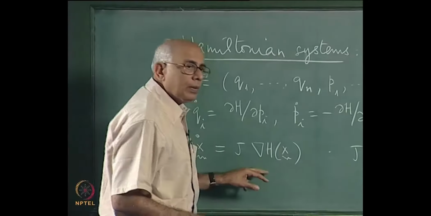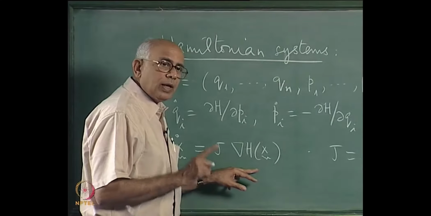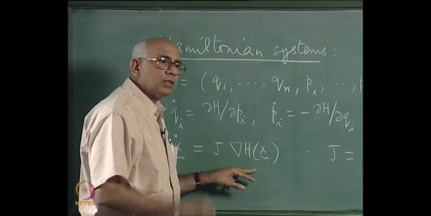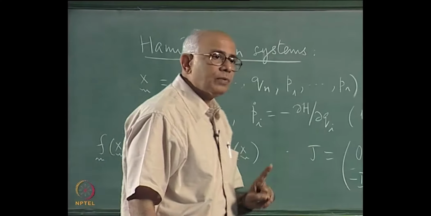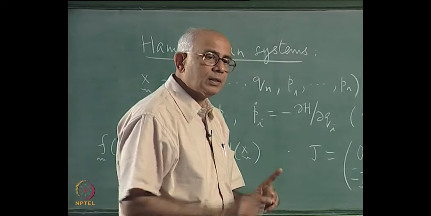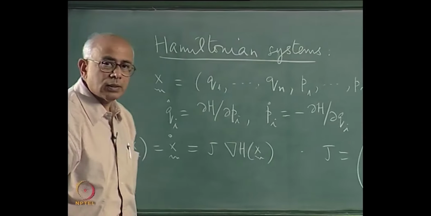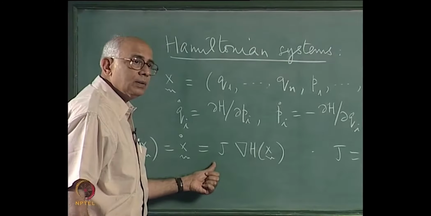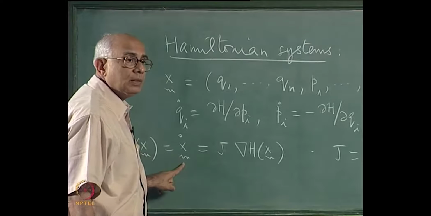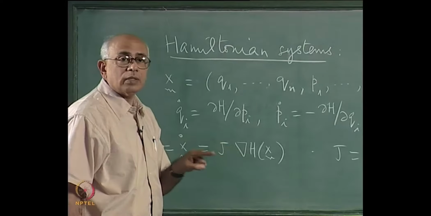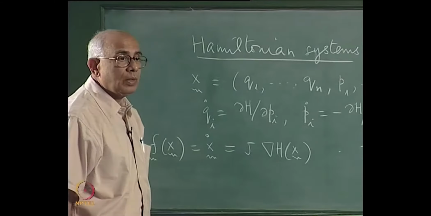Normally one would say that the gradient vector of a scalar is directed normal to the level surfaces of this scalar function, because the maximum rate of change of the scalar quantity occurs in a direction normal to the level surface on which this scalar function is a constant. But the moment you put a J here, this immediately implies that this velocity vector in phase space is actually directed on the level surface itself rather than normal to it,